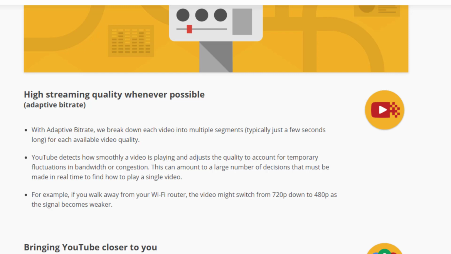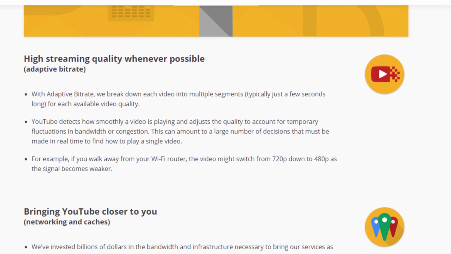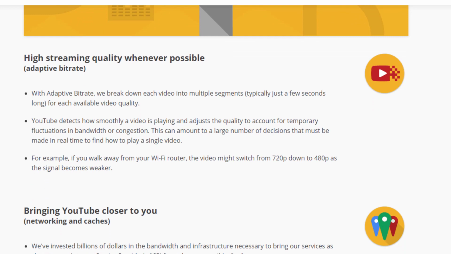Each segment is just a few seconds long, and then they send these segments to the end user. While the video is playing, the algorithm is going on behind the scenes to judge how smoothly the video is playing. If the quality is going down, then YouTube drops the video quality,